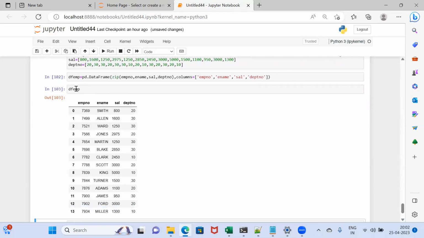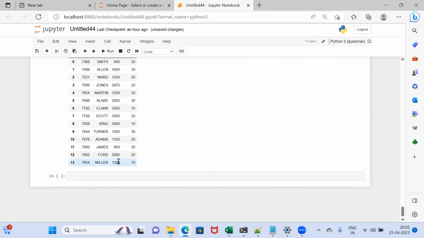Okay, you can see DFEMP. So now the columns are EMP number, ENAME. So this is all your data you mentioned, and all the names are given over here. So with this, what are we going to do? If you see DFEMP,